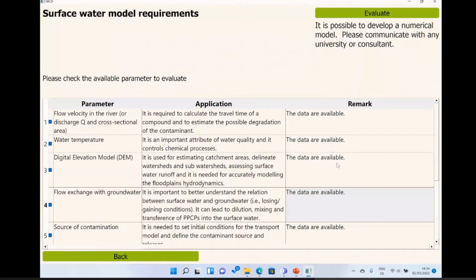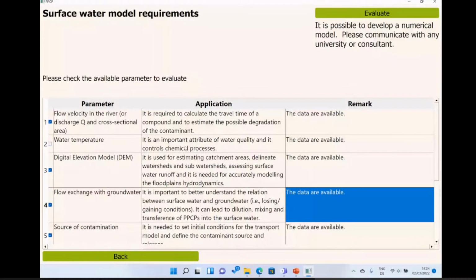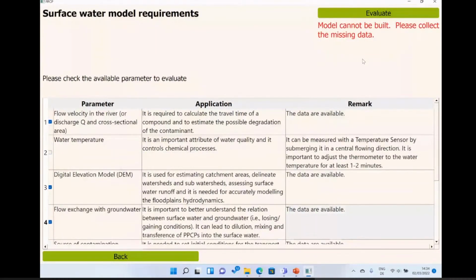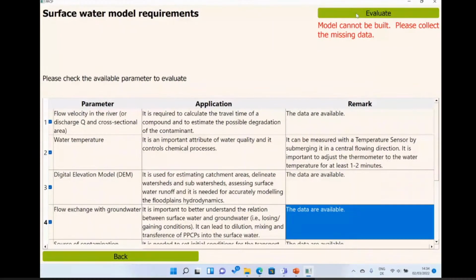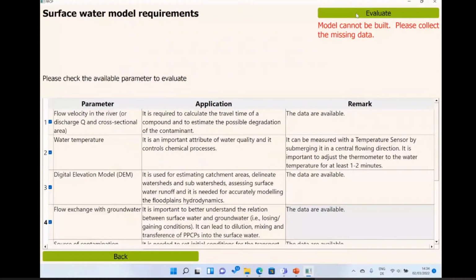Maybe if you don't have, say, number 2 and try to evaluate, no, it can be built. That means number 2, water temperature, is also needed. So you can easily check which data are needed and which are not. In this case, it seems like all the parameters are needed for the development of a numerical model.